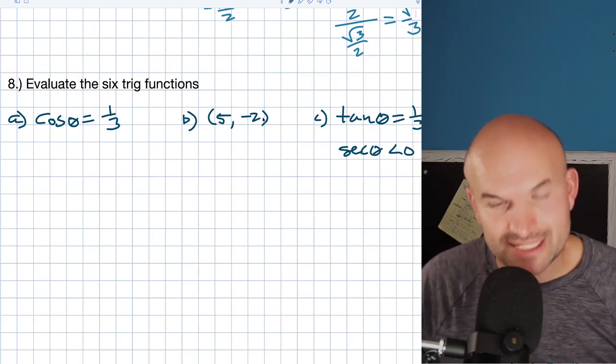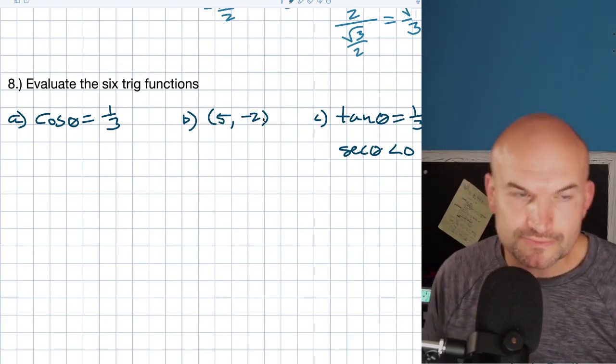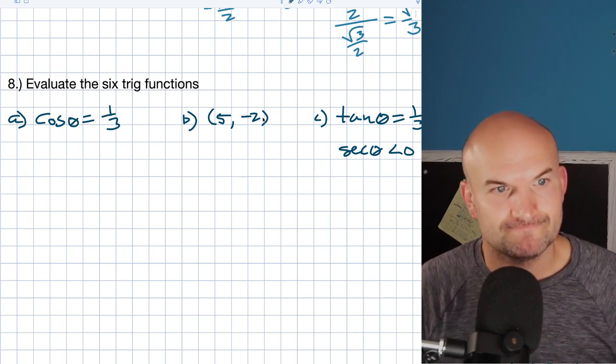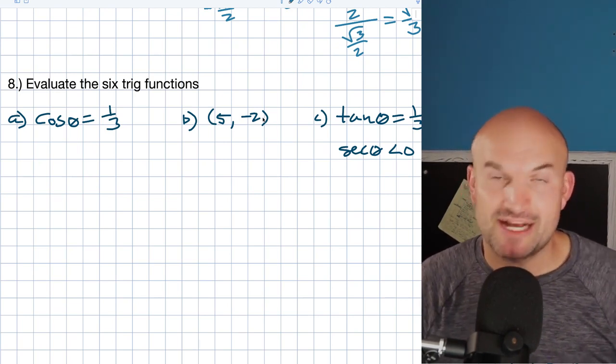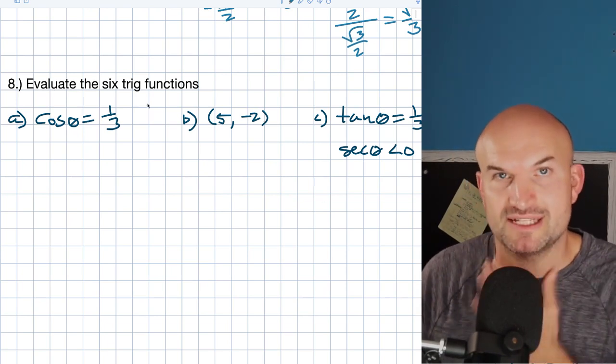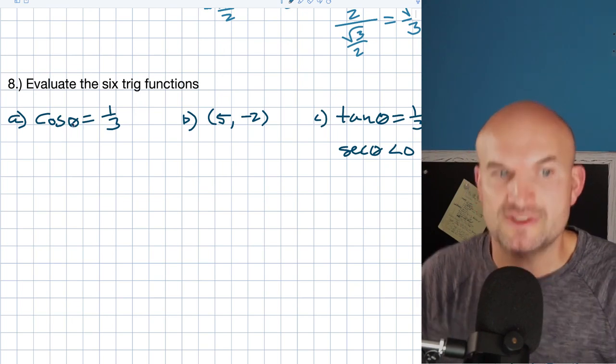Now this one is evaluate the 6 trigonometric functions. So these are not on the unit circle. So we have to do something different. We actually have to go back to old school on how to evaluate. So if I want to evaluate the 6 trigonometric functions, and if I'm given cosine of theta is equal to